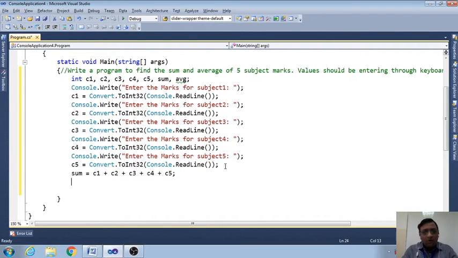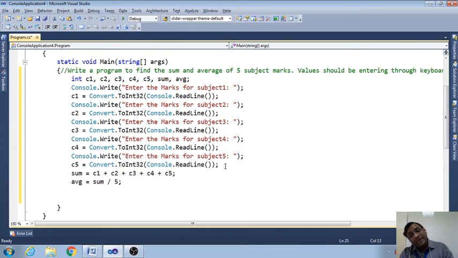Okay, so now we will print the average. AVG equal to what? Sum by the total number of courses. Total number of values actually, here our value is the course. If the total number of courses is 5, you write the 5, if 4 you write the 4, if 3 you write the 3. So it depends on the problem. In my case I have 5 courses, so I am going to write the 5. If not, then I will write whatever the number of courses there are. So I am writing the 5.